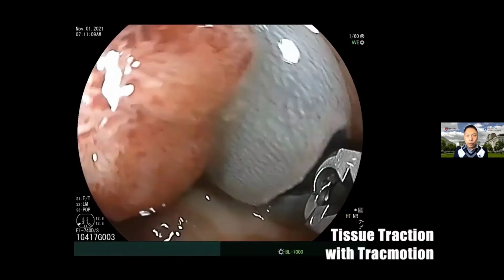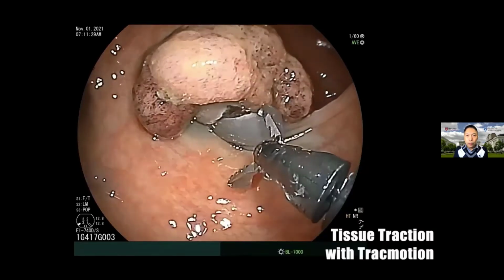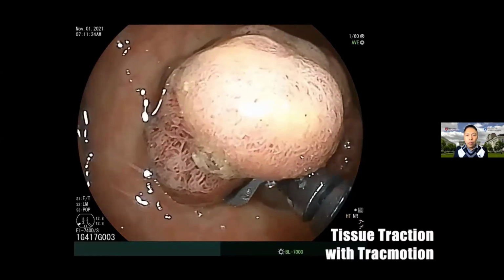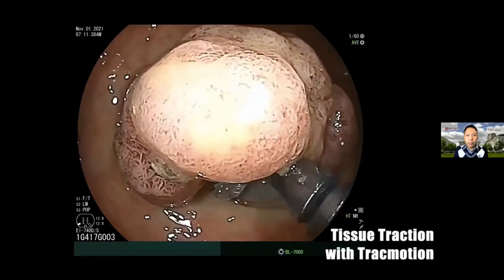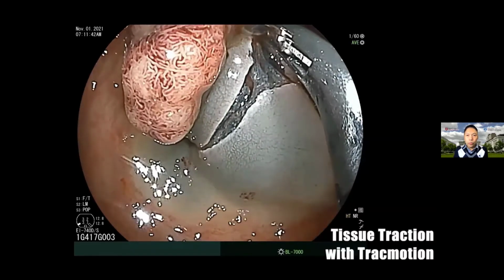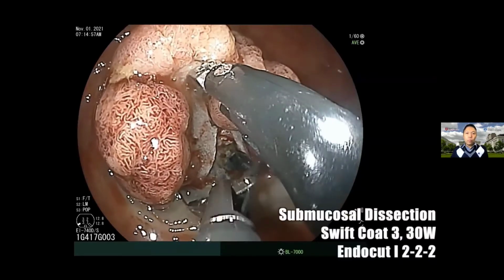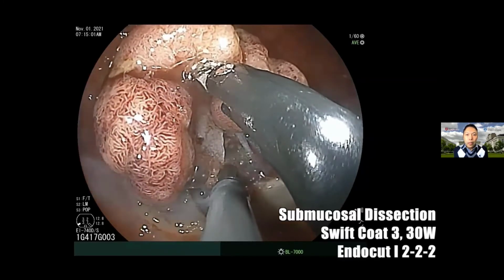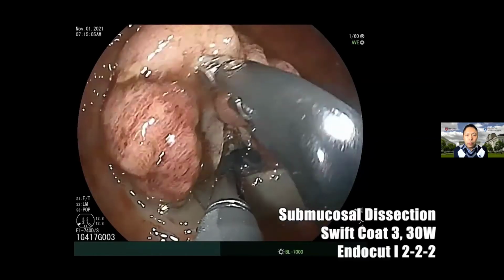So I'm going to introduce this traction motion device, which has the articulating grasper. We can go up and down, it's 360 rotatable, and it's a physician-controlled device. I'm checking the direction and the force, to simulate how I can start dissecting. Basically from the right side of the channel, I'm using the traction motion, and I'm using this Clutch Cutter 5mm from Fujifilm